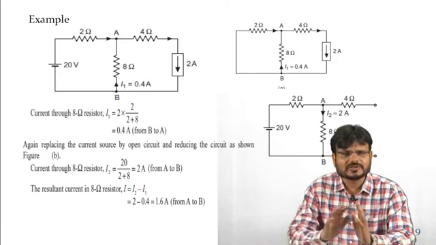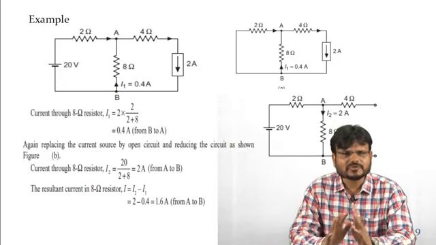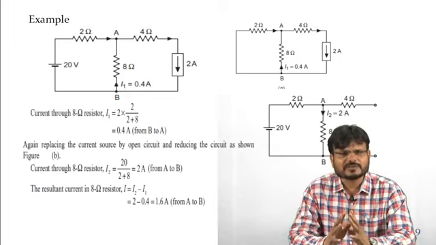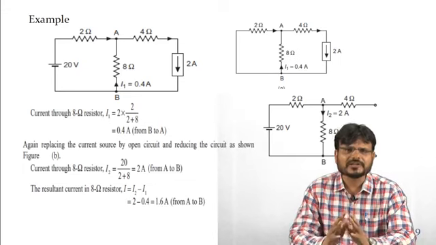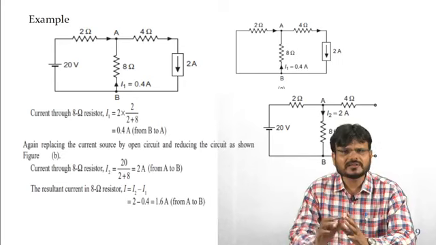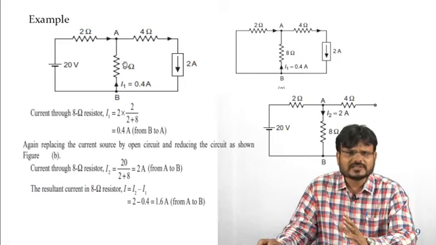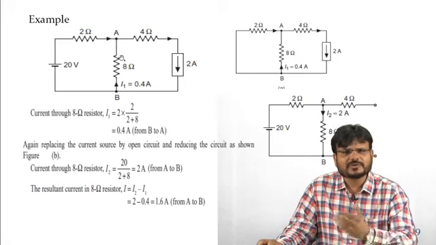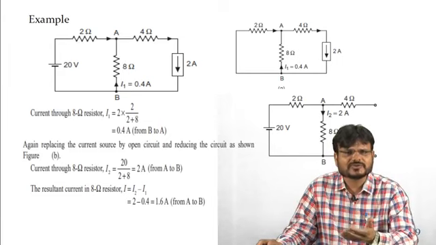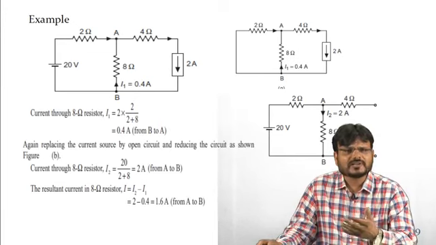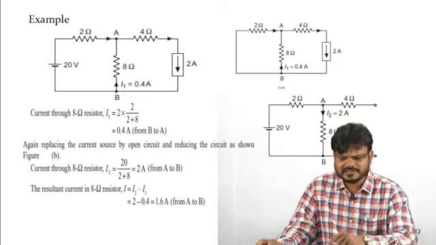So the superposition theorem states that if two types of sources are working, then you have to find the response in any particular branch. So you have to consider one source at a time, and the remaining sources will be replaced by their internal resistance. And then the current or voltage in any branch will be equal to the algebraic sum of the responses calculated due to the individual sources, while the remaining sources are replaced by their internal resistance.